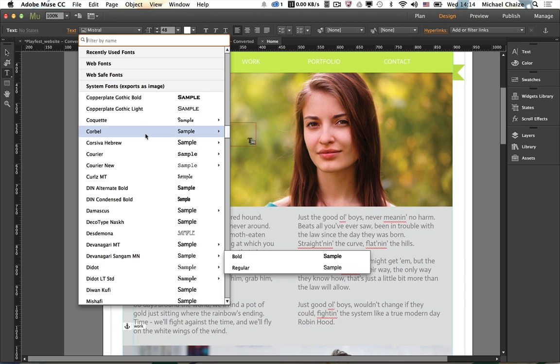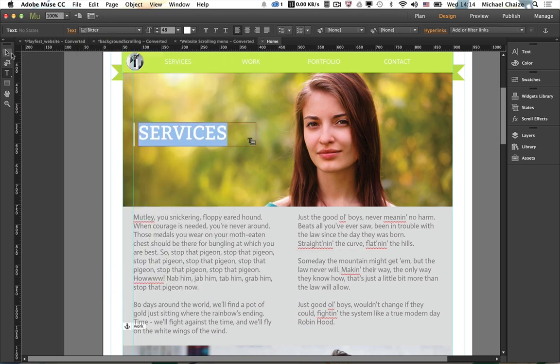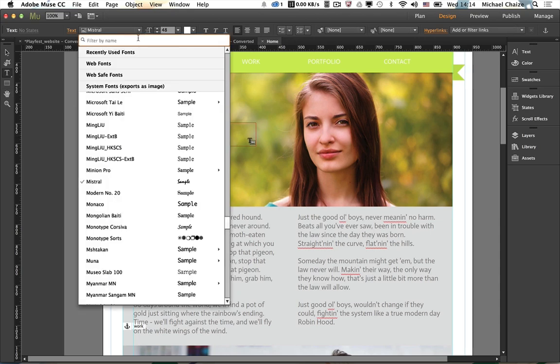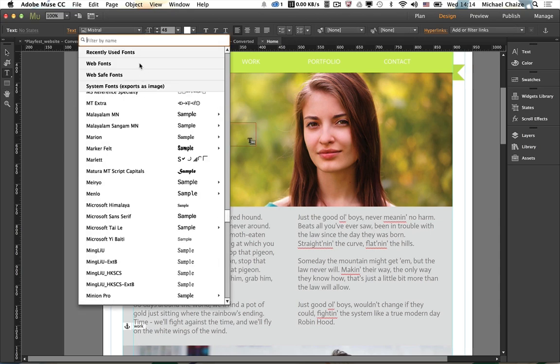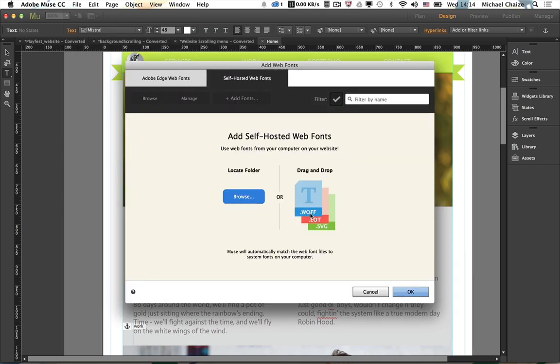So if I go back here and okay, I can type here and select Beater. Okay, I have it in Muse, but it will be converted into an image, and this is not what I want. I want to use Beater as a web font. So again, the issue here is that when you go back here, add web fonts, it's waiting for WOFF files